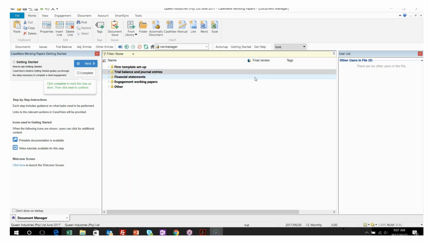Right, let's continue. Now, I'm going to be closing the Getting Started section on the left-hand side. This is quite nice for any